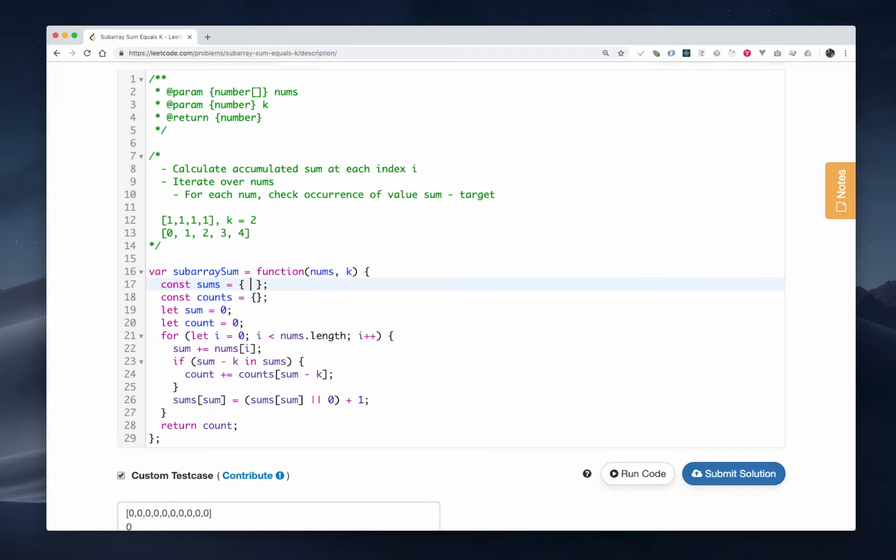So let's say 0 we have seen once. Okay, so we can check if the value we have seen before. If that is the case, let's add to count. And then after that, let's